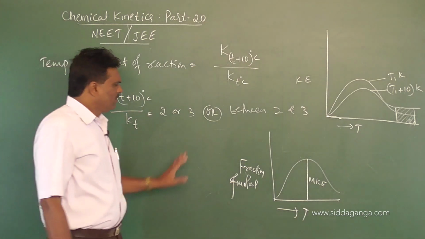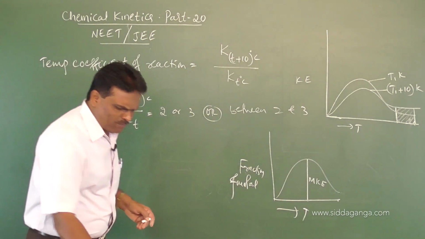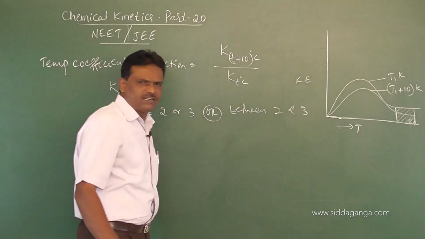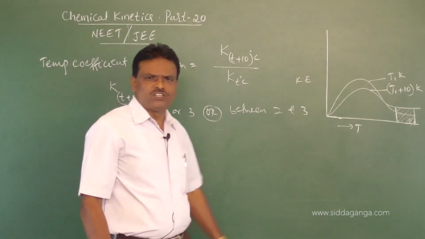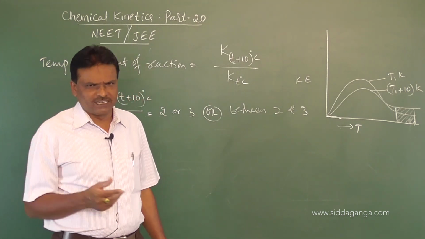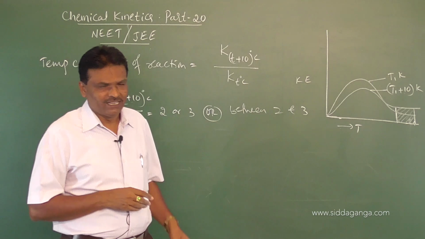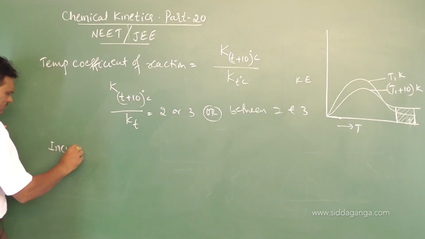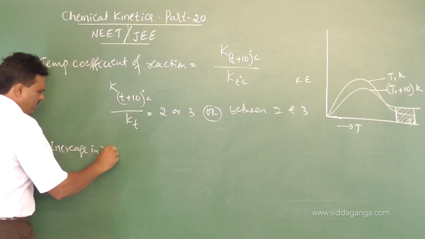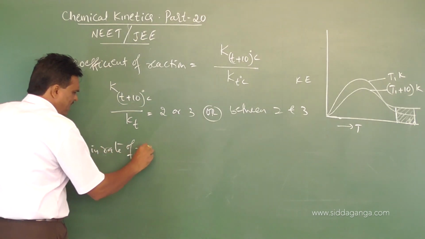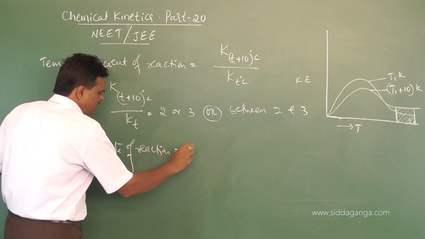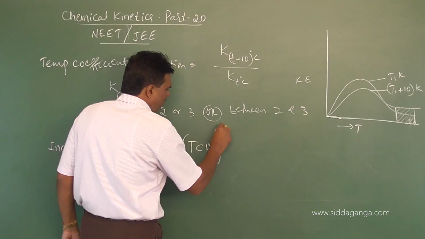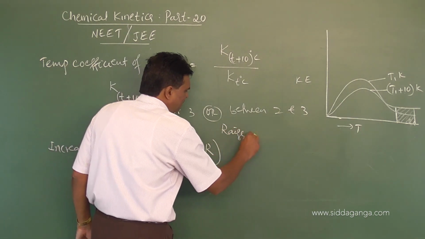Is it clear? Then, how many times does the rate increase when the temperature is raised from 0 to 20, 0 to 30 degrees centigrade, or 20 to 60 degrees centigrade? It is like this. Increase in the rate of reaction is equal to temperature coefficient of reaction to the power rise in temperature